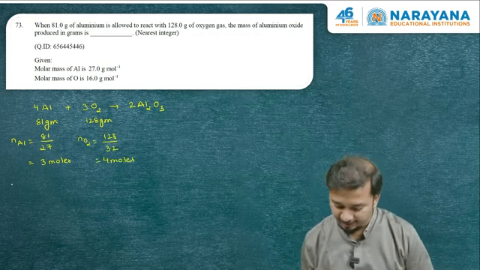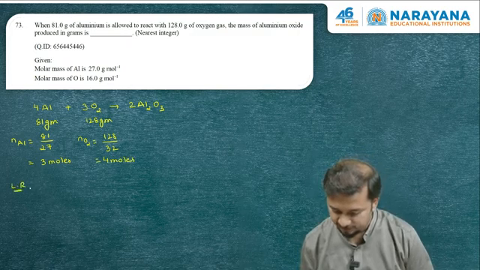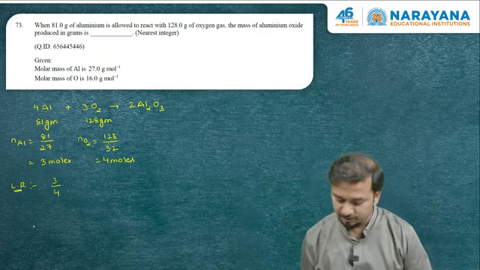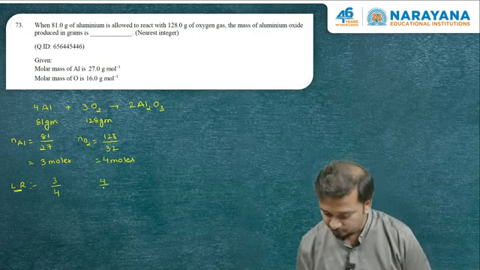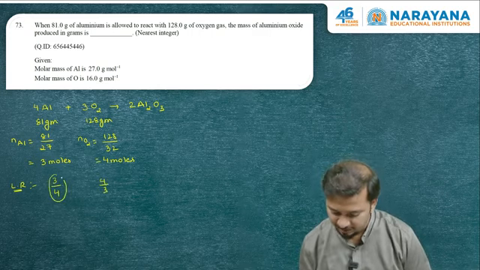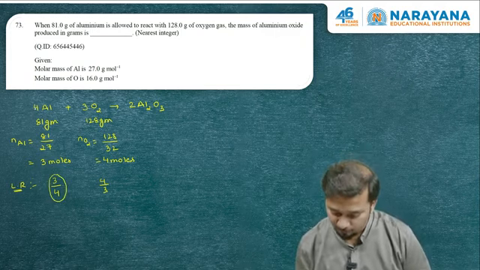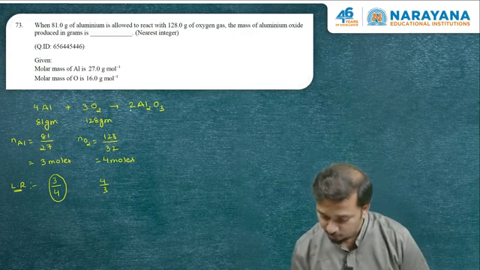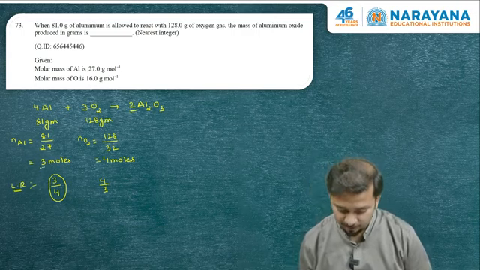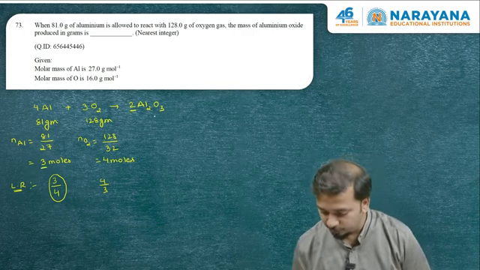Now, we have to find limiting reagent. So, for limiting reagent we find this ratio, moles upon stoichiometric coefficient. So, it is 3 by 4, this is 4 by 3. So, this ratio is less, it means aluminum is our limiting reagent. Now, 4 moles will produce 2 moles of Al2O3. So, 3 moles of aluminum will produce